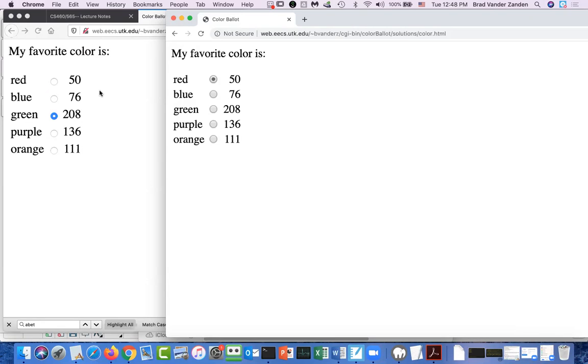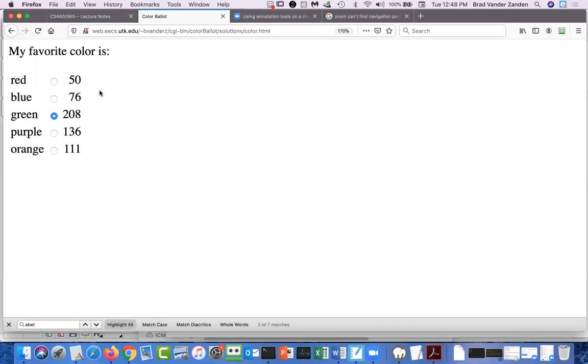So you need to do 3 things today. When the web page loads, you're going to load the vote counts and display them. If the user selects a radio button, you're going to increment that count and display it. And then every 10 seconds, you're going to update the display. And you're going to do all that using Ajax calls.